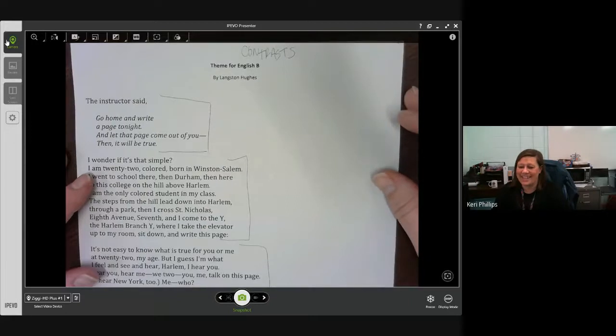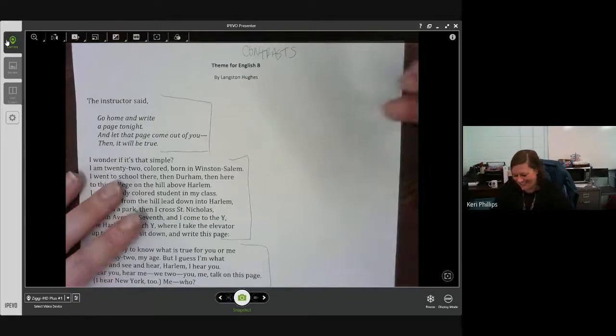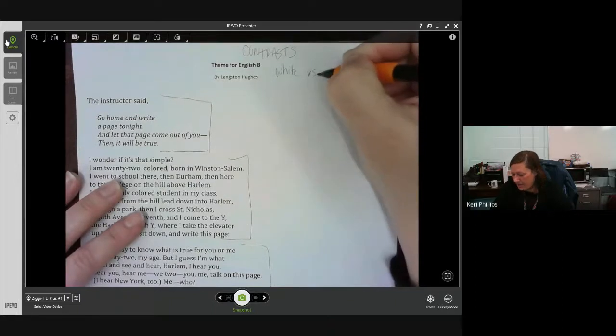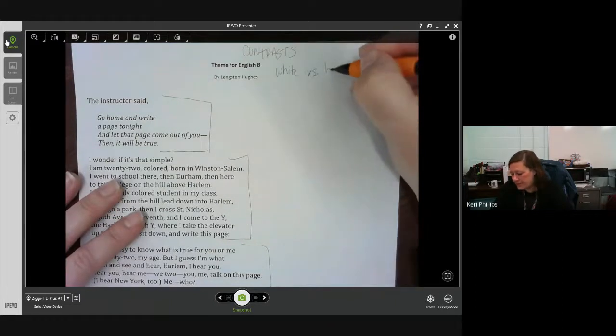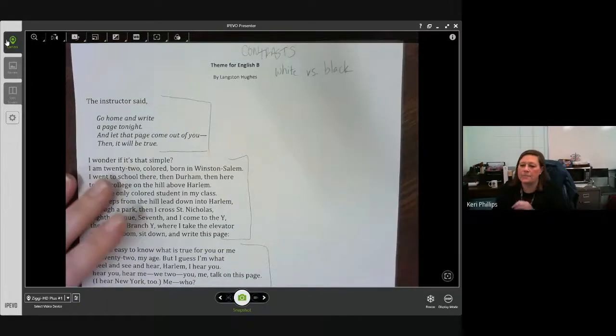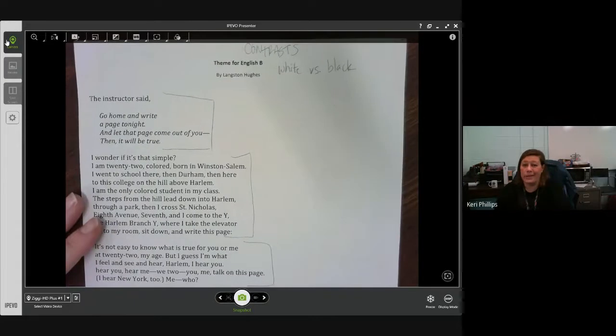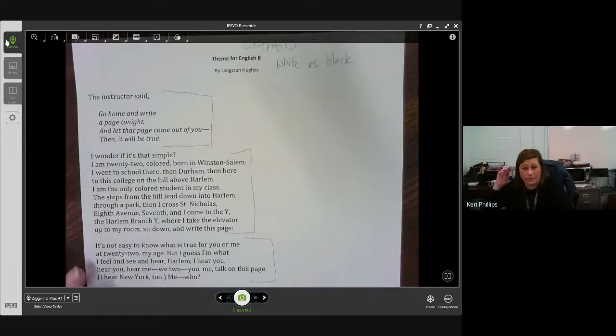It's color related. So we've got a contrast of white versus black. And usually the point of a contrast is to emphasize